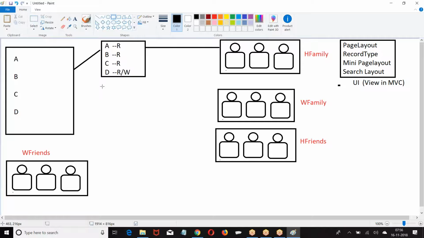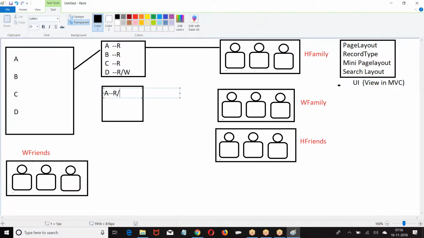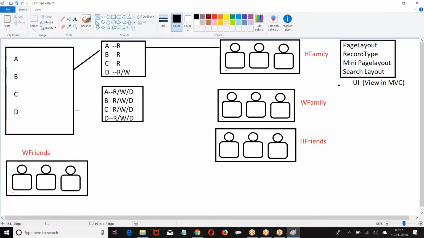Now, if the second category of people come, boss, what are the facilities? Read, write, delete. They are allowed extra perks also from neighbors. Some bonus perks will be coming from neighbors also. Now, if this group of people come, the house is the same, the facilities are the same, but the way we display them is not the same. Depending upon the group of people, the facilities will change.